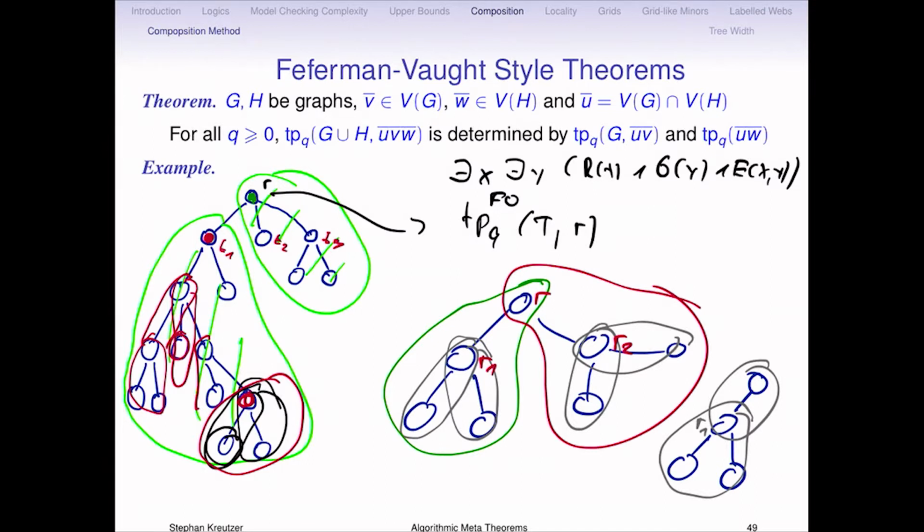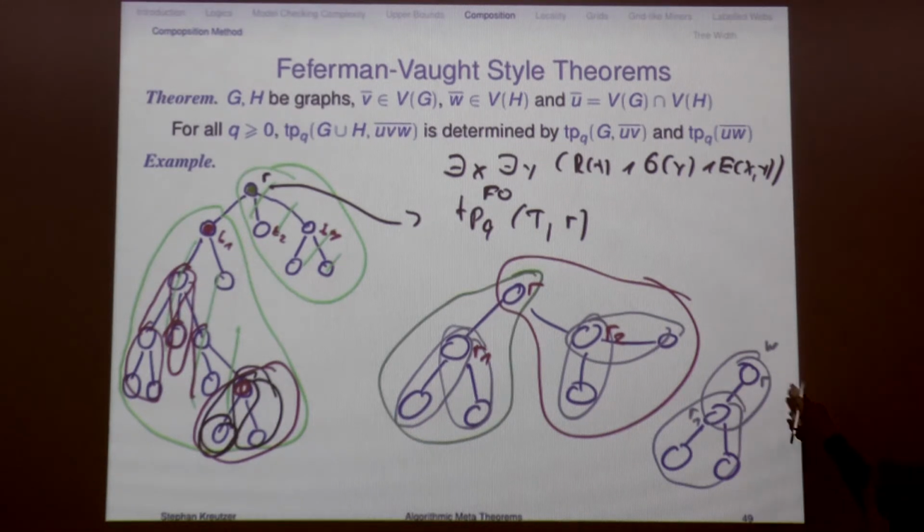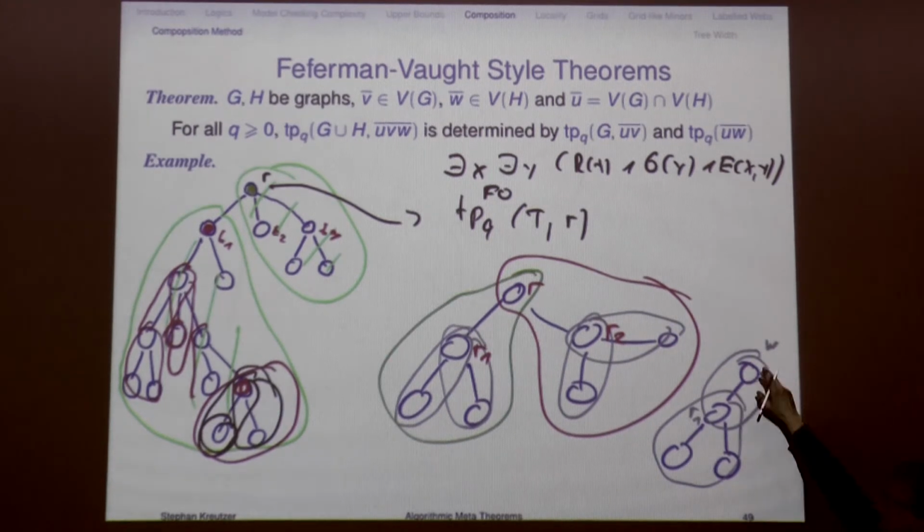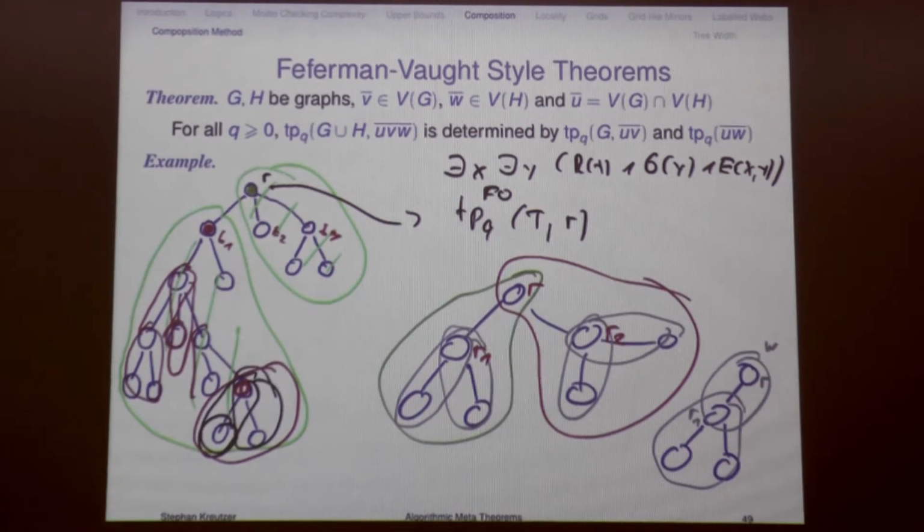But to continue the entire induction, you also need to put a label here, and this would be your vertex W, which you don't want. And if you can't put this extra label on here as a constant, then you will not be able to continue further on. And so this is where they come from as well, even on trees. On trees it might even be definable, but it's not even clear how it would be definable. Sorry, I was rudely interrupting. Okay, very good. Thanks for this question.